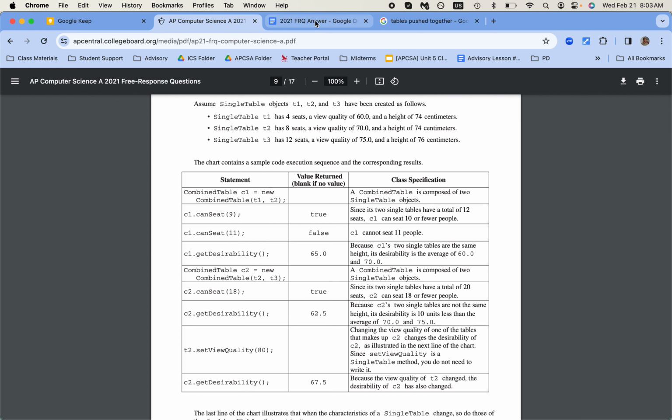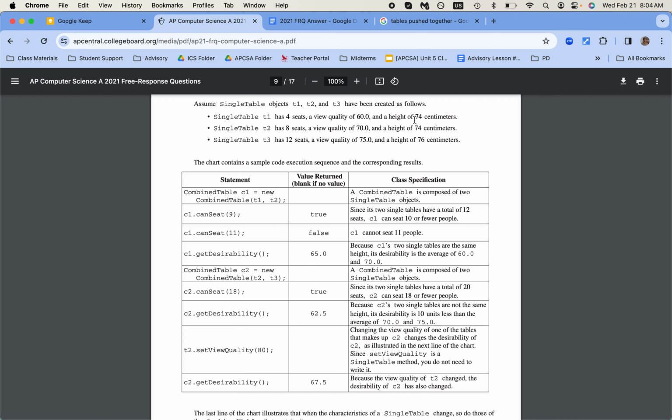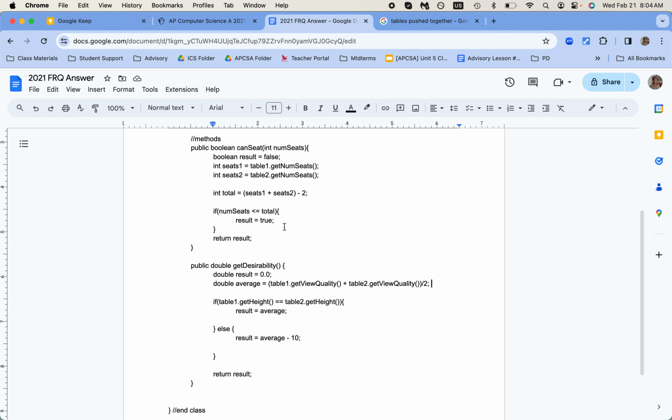Great, so it looks like mine would work, because I take the average of the two view qualities divided by 2, and because these two tables, T1 and T2 in the example, have the exact same height, I would jump down to this section here, and the result would become this average, and then we return the average, which is exactly what we want, 65.0. But in this other case, where the